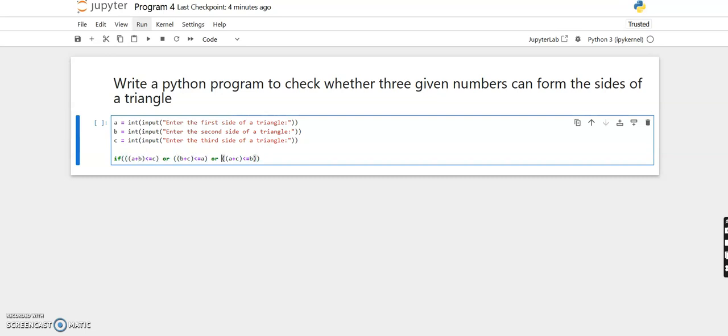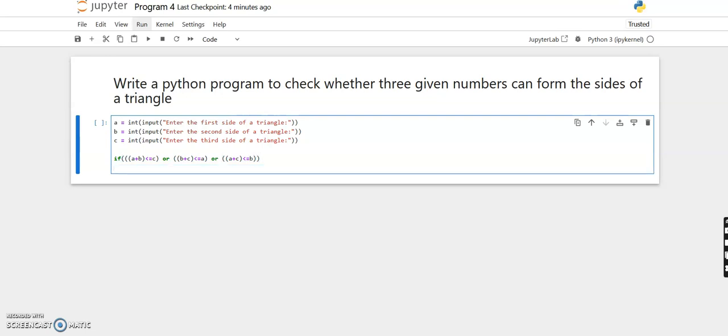So if it is less than or equal in any of the combinations, here I'm going to print it cannot form the triangle,